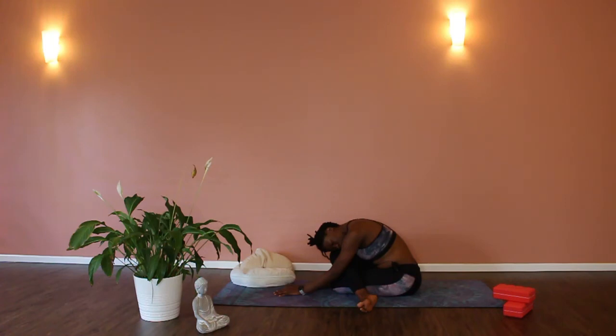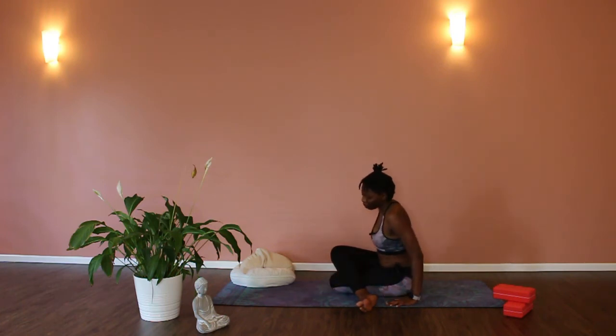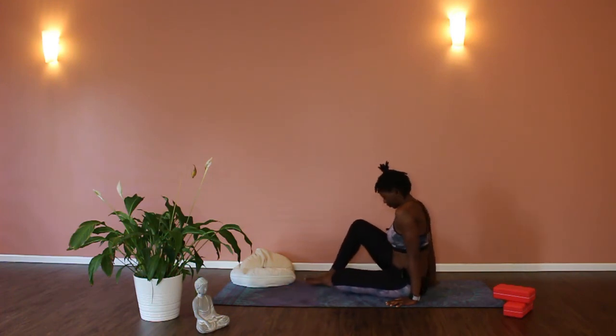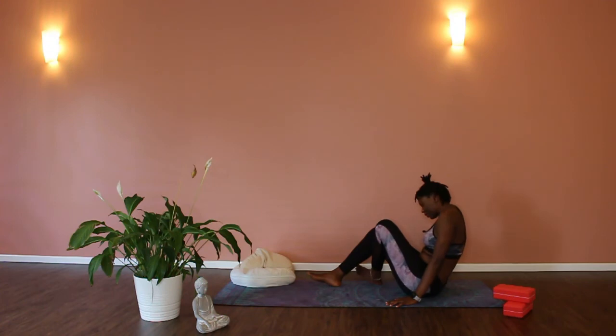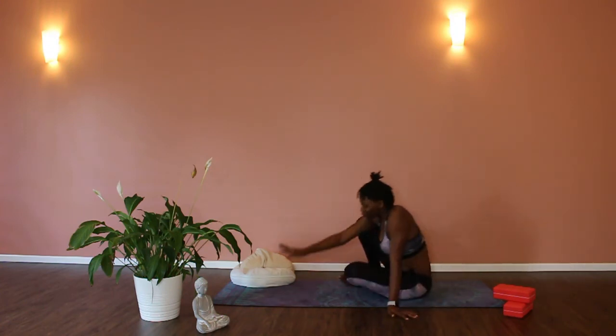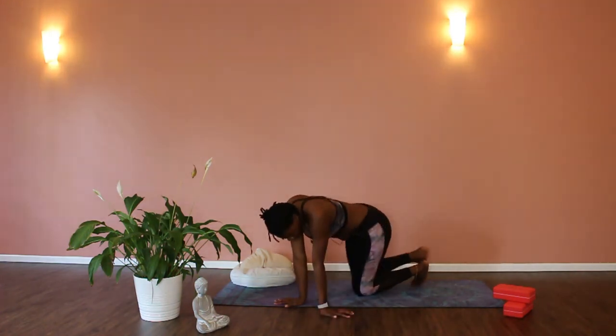And when you're ready, we're going to crawl the fingers towards the upper body and lift up and unravel, and we'll meet in all fours. Really unravel gently. Ooh, yes, that's intense. So we're going to meet in all fours for our last hip opener for today, frog